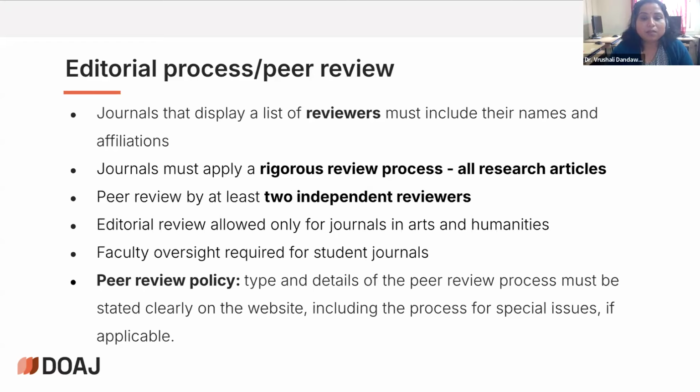And a rigorous review process of all research articles, that is what the journal should apply. And then peer review by at least 2 independent reviewers, we are encouraging that peer review process to be followed. Then editor review is allowed only for journals in arts and humanities. So for science and technology, engineering, medical, editor review is not allowed,